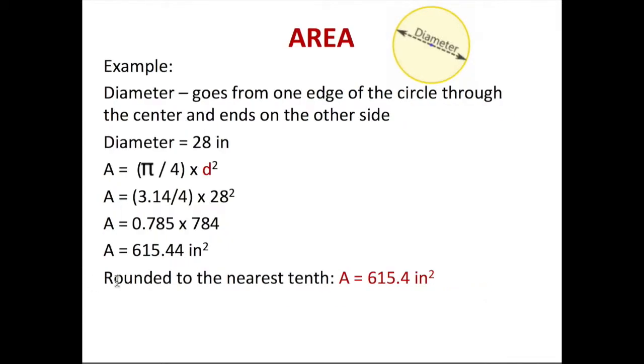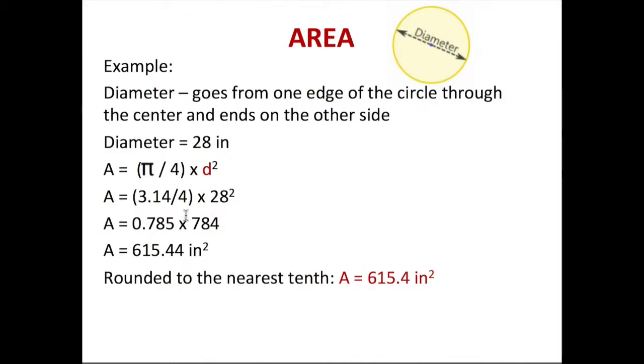So let's find the area of that same circle by using the diameter. And again, we should get the same exact answer. So again, the diameter of that circle will be 28 inches. So let's do pi divided by 4 times the diameter squared, which would be 3.14 divided by 4